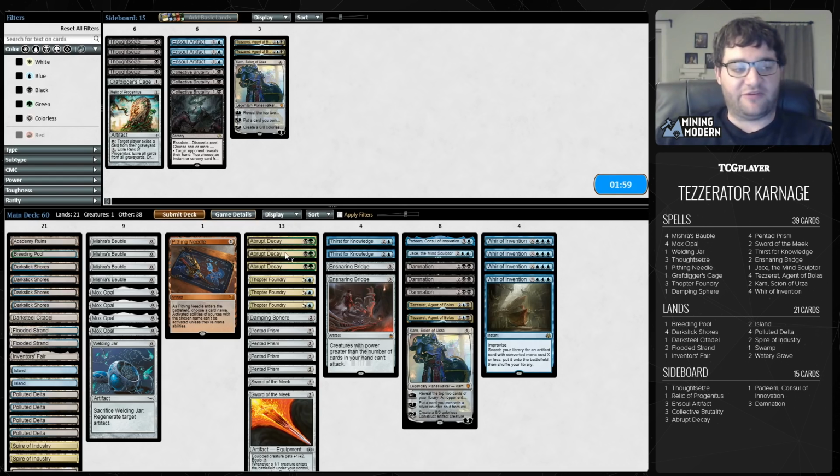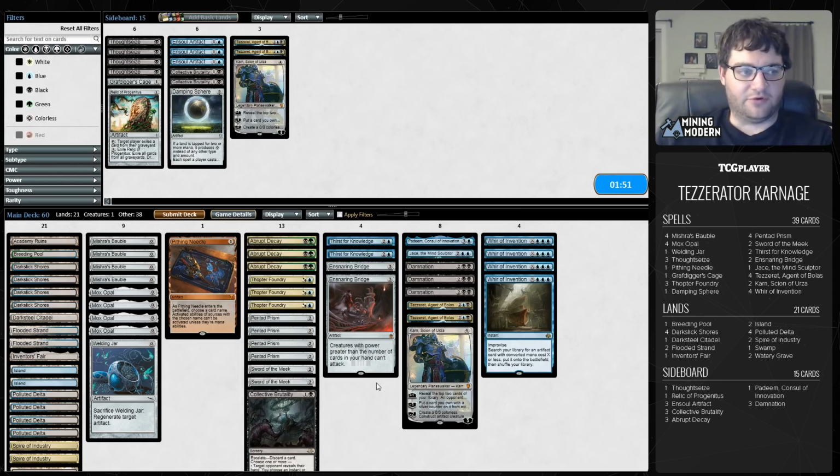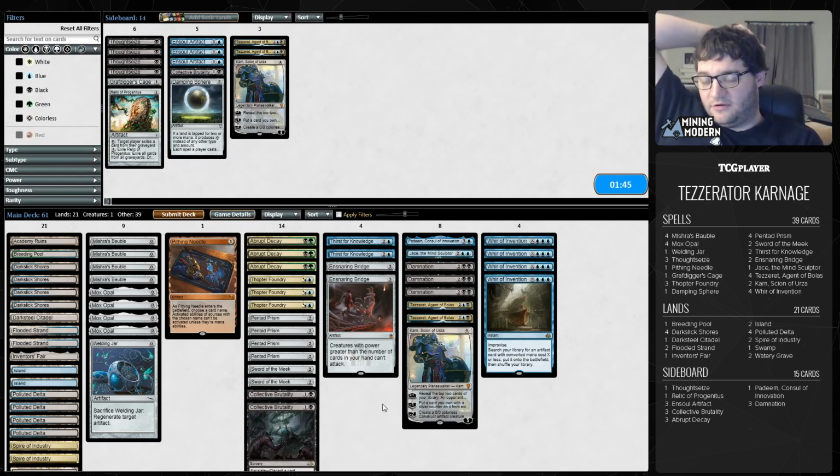We could free roll a Damping Sphere right now, or we can play Collective Brutality. Damping Sphere pretty sweet against Bloodbraid Elf. Maybe on the draw I'll consider it. But we need the Brutalities. We're also going to need ways to just clear out our hand here. Which actually kind of makes me want to play a second one. And cut...